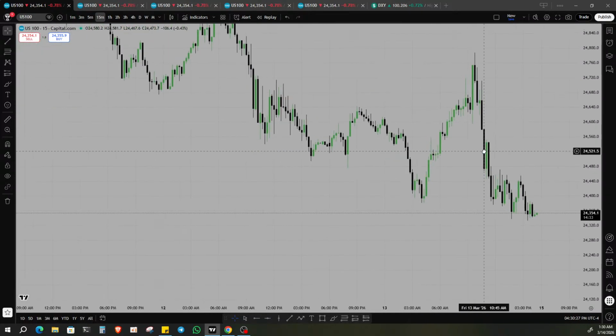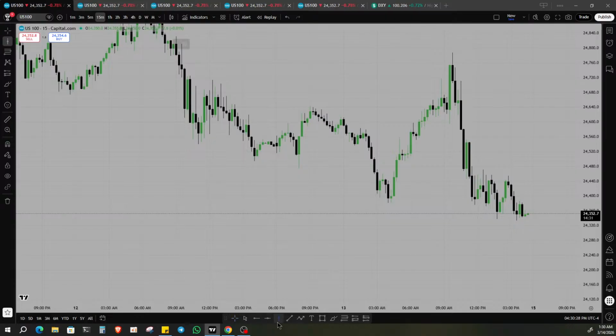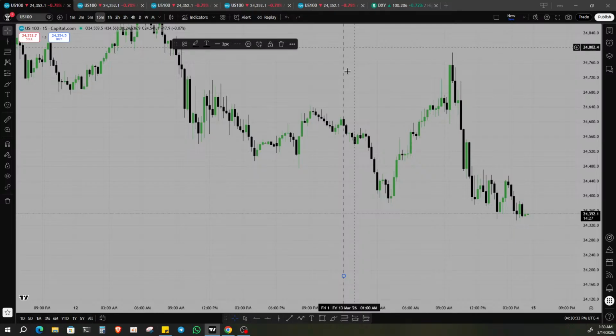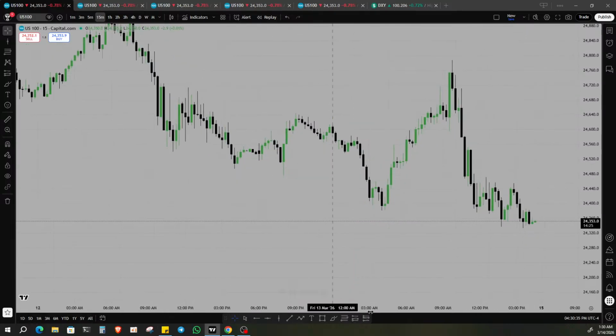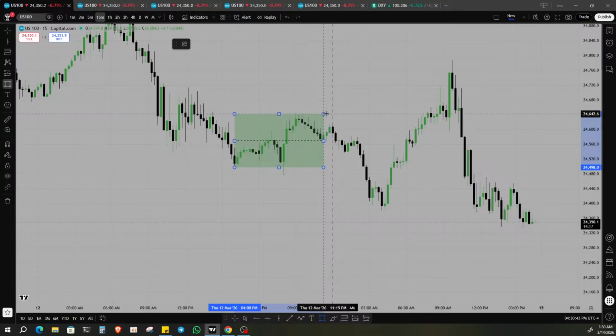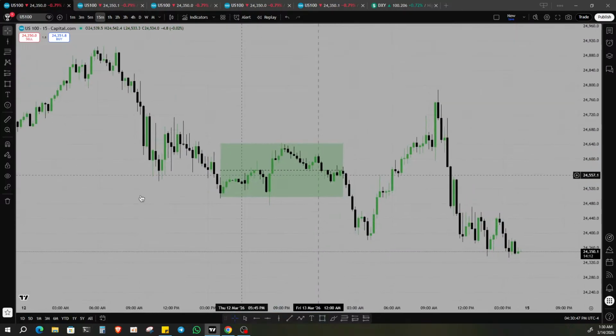Okay, now let's mark out the day high. First of all, today's opening here is the algorithmic price. This is the 2 day opening. What we need here is the support here, and this is the resistance. Now what happens every single day, if we go here, we can also mark from the 2 a.m. of the day